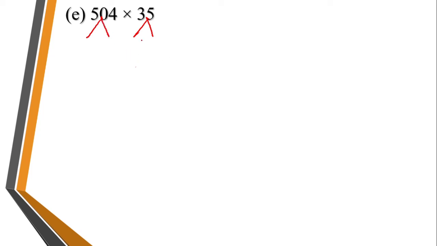So if we do it with 504, it will be 500 plus 4. Now here multiplying it with 4 is easy. Plus multiplying it with 500 is very easy because we should consider it as a single digit. Here we are only multiplying it with 5 and zeros we will add it at last, right? So if we multiply it with 5, if we split 504, it's very easy than splitting 35. Now let's start it.